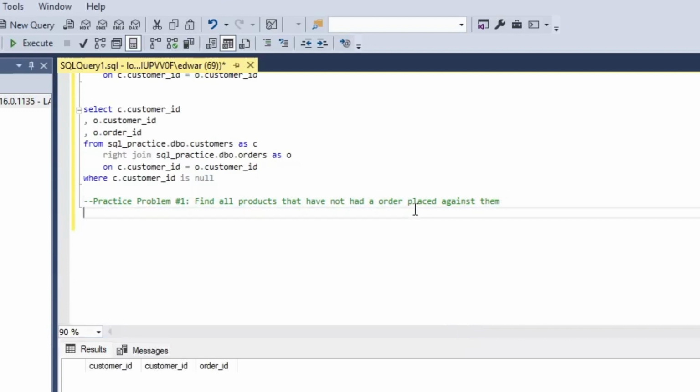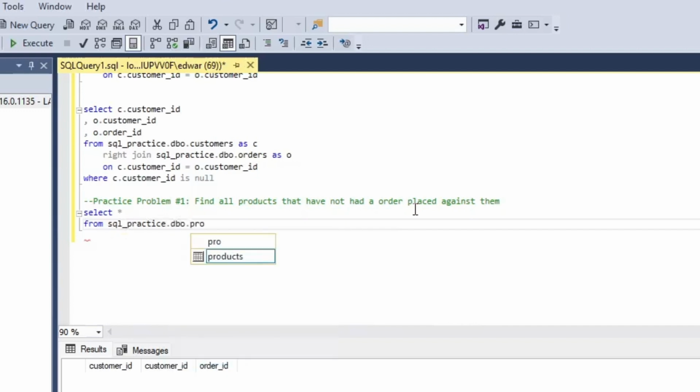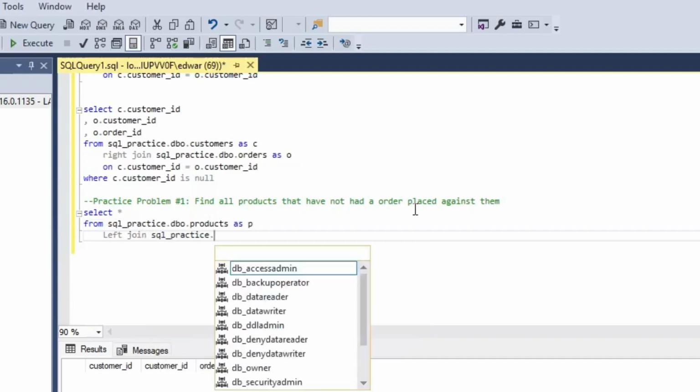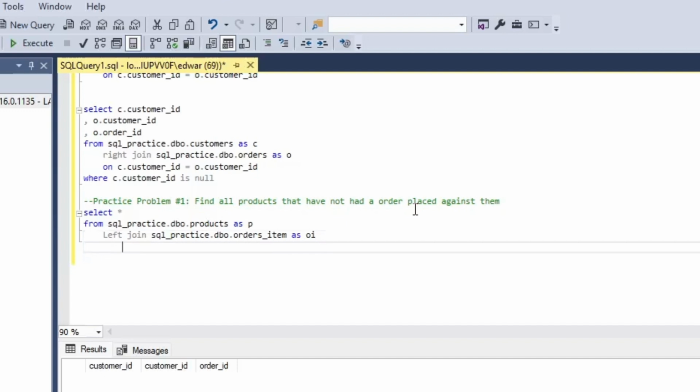Okay, we're back. All right, so let's go ahead and solve this. So I believe product ID is in our orders item table, right? But we want our base table to be products because we want to return all products. And I'm going to use a left join here. So I'm going to go select star from SQLpractice.dbo.products. I'll go as P, and then I'll go left join, and I'll go SQLpractice.dbo.orders item as OI, and I'll go on P dot